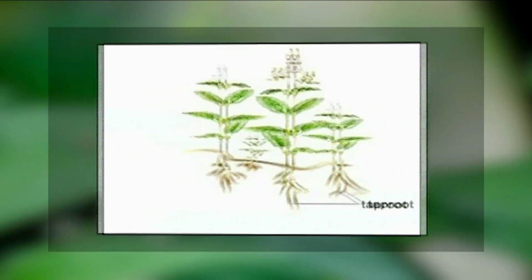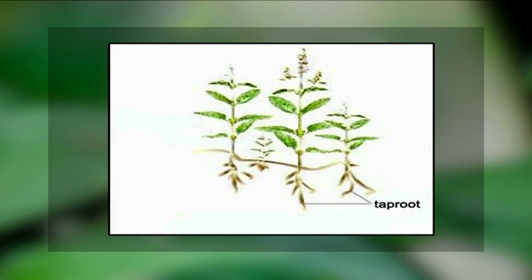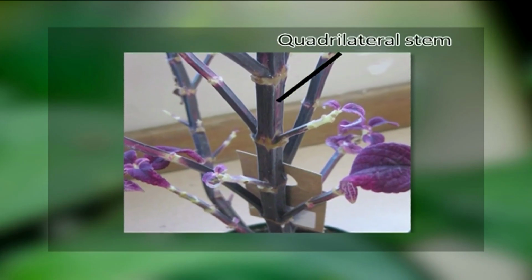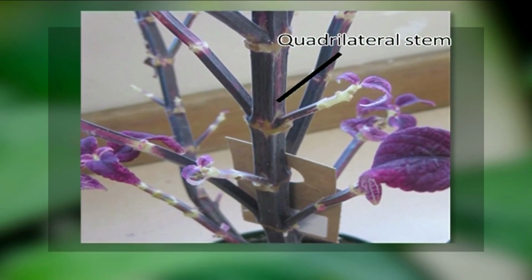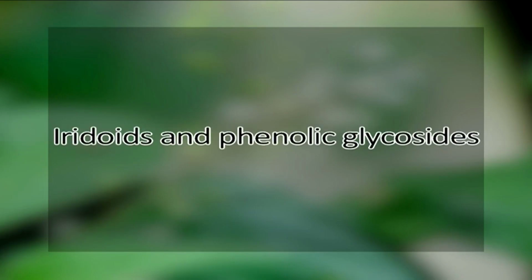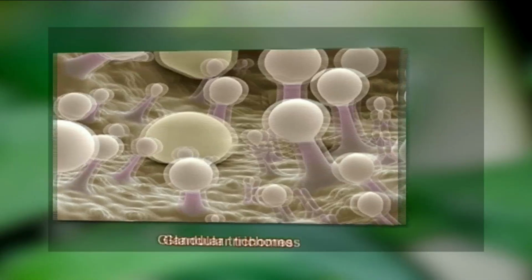The root in the case of Lamiaceae is a taproot system. The stem is here quadrilateral. What is this quadrilateral? That means it is four-sided. When we cut a cross section of the stem, it has a squarish shape. The stem is often associated with phytochemicals like iridoids and phenolic glycosides. The stem is usually hairy